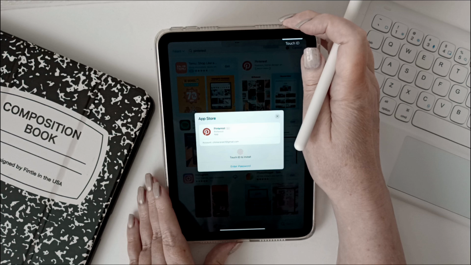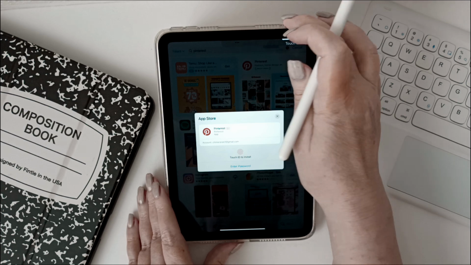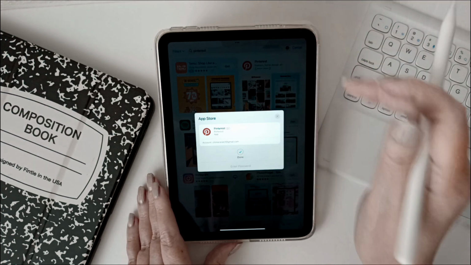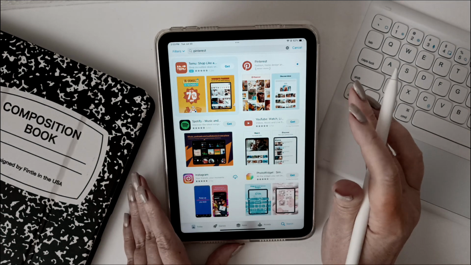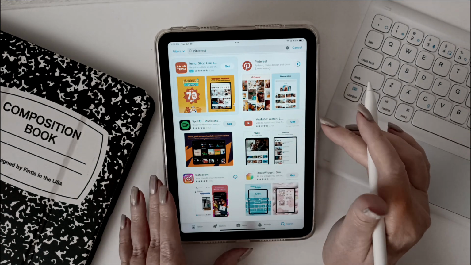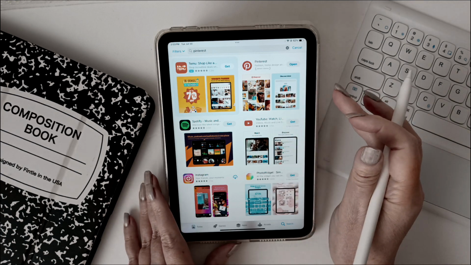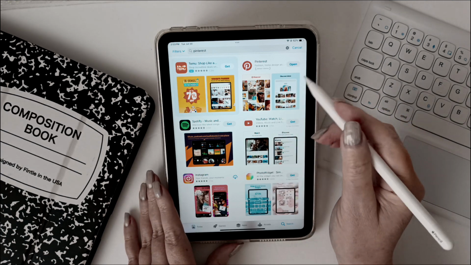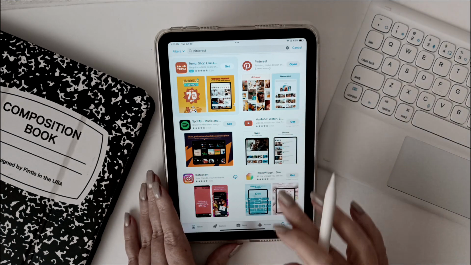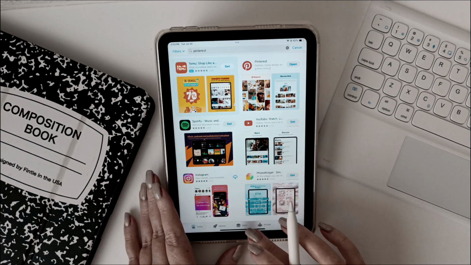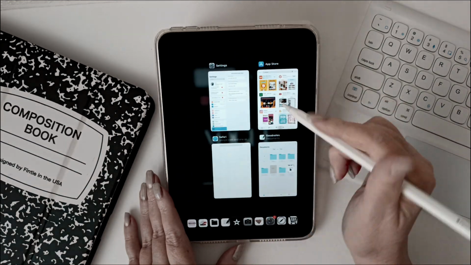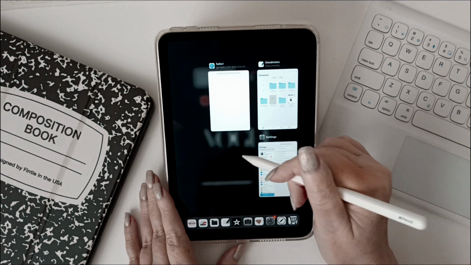This is new. This is my mini iPad 6 and I am getting used to using it. So I've got my Pinterest app installed. So now I'm going to close that and